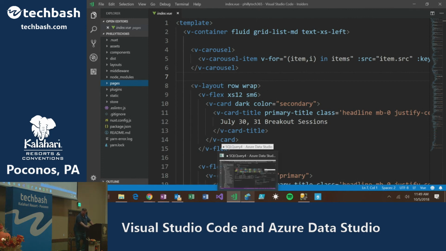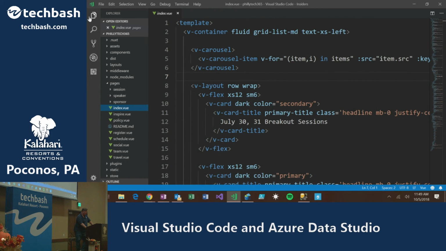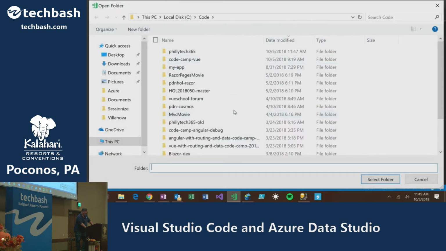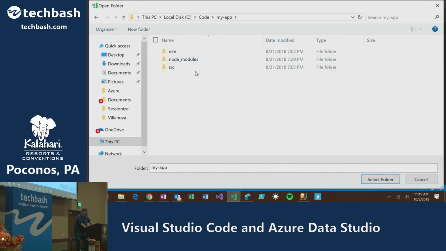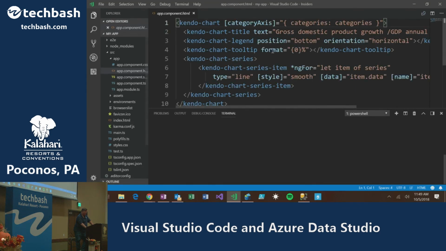Not really. What you do here, instead of opening a solution, which is what you're used to, you would open a folder. And when you open a folder, this one is called My App. I see there's no solution file in here, and when I select that folder, it actually opens up.